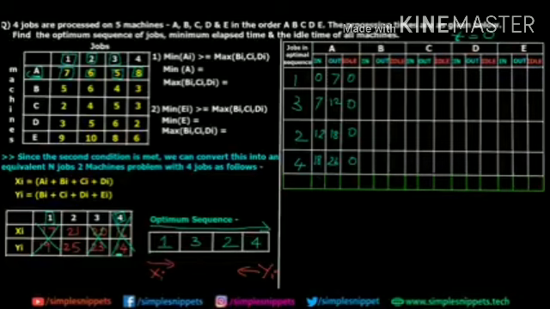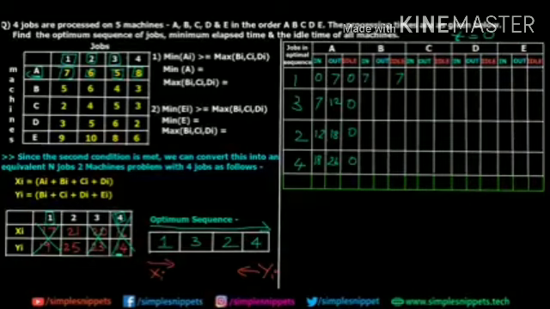Now obviously we know that all the jobs have to be processed on all the machines. So as soon as job 1 is finished processing on machine A, it will be moved to machine B, right? However, you can see that as soon as all the machines are started, machines B, C, D and E have to wait till job 1 is first processed on A, right? So here the idle time for machine B is 7 minutes, because for the first 7 minutes, job 1 was being processed on machine A. So B had to wait for 7 minutes, right? So the end time for job 1 on machine B is going to be 7.